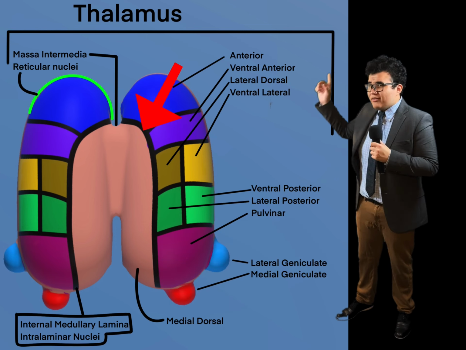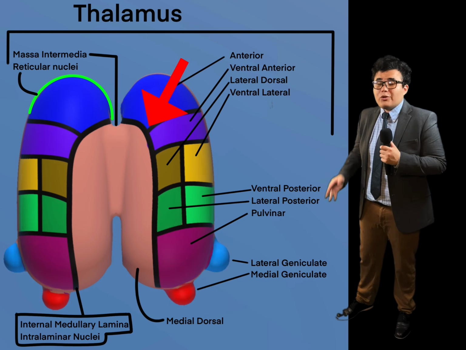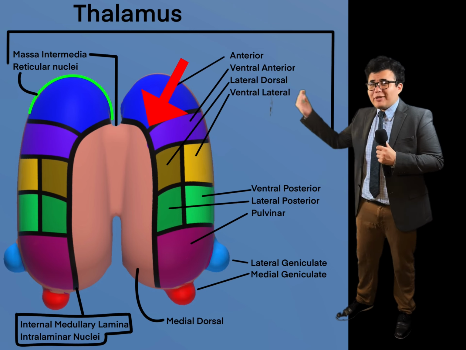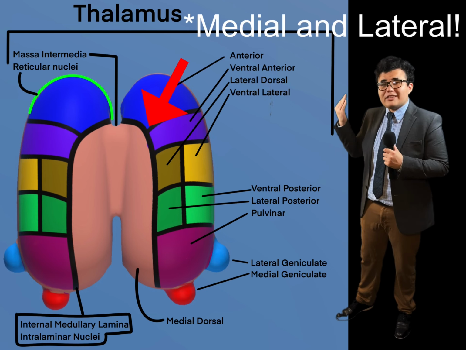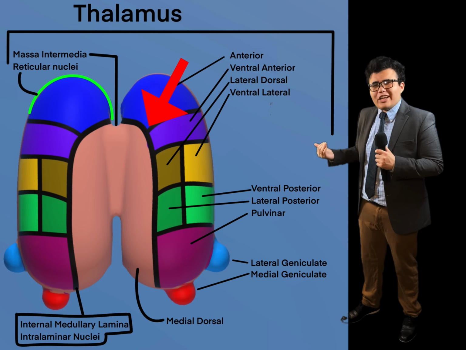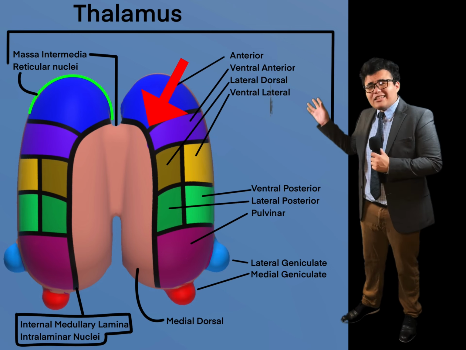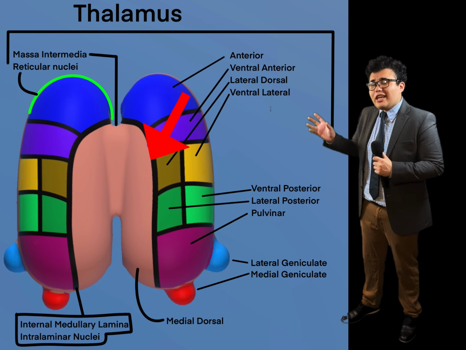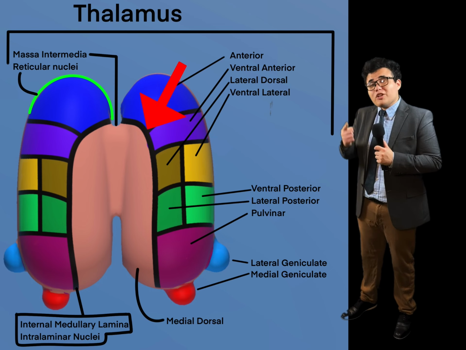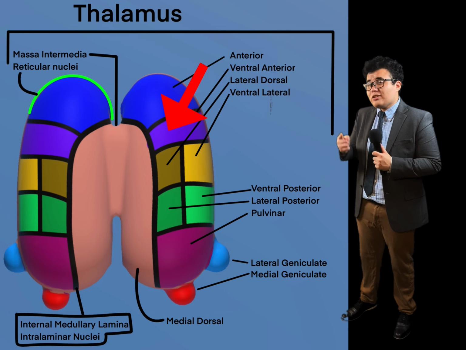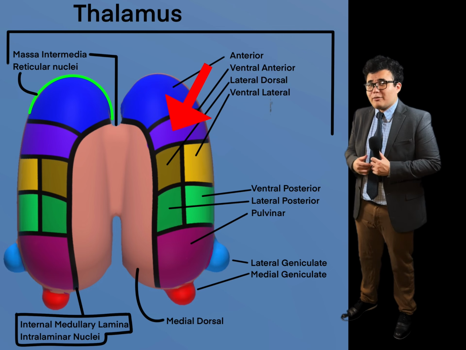Posterior to that, you have this kind of Y formation here, which in practice can be used to separate medial and dorsal aspects of the thalamus lobes. This kind of separation border is called the internal medullary lamina. Inside of this border area is also intralaminar nuclei. Moving on to below the anterior nuclei is the ventral anterior nuclei, which efferents information to the